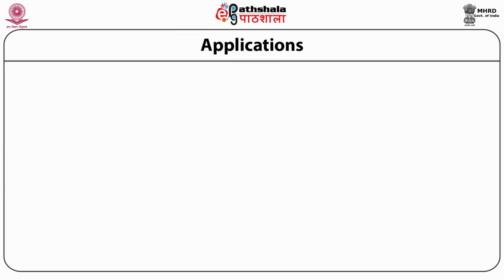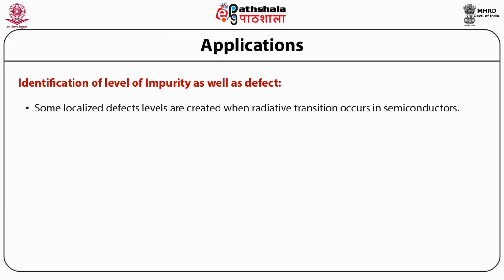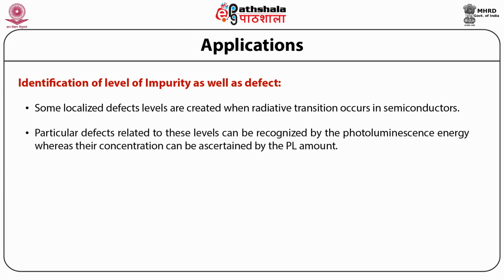The second important application of photoluminescence is the identification of the level of impurity as well as defect. Some localized defect levels are created when radiative transition occurs in semiconductors. Particular defects related to these levels can be recognized by the photoluminescence energy, whereas their concentration can be ascertained by